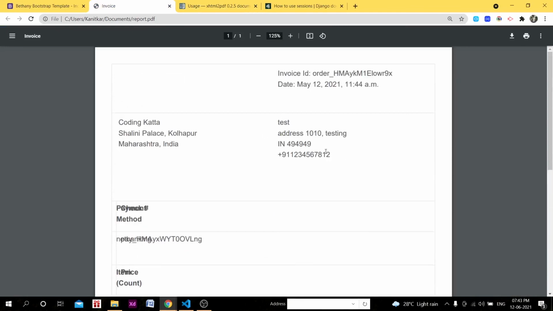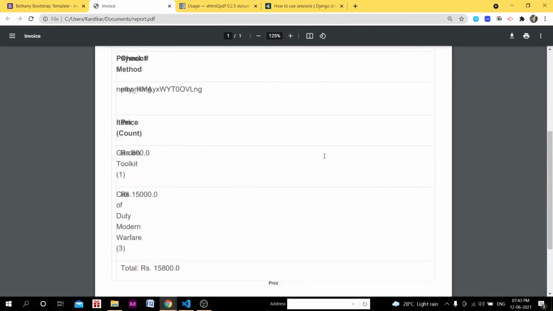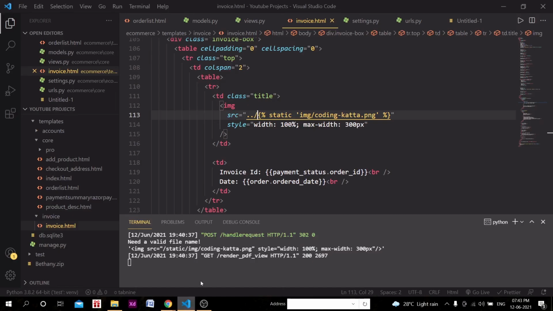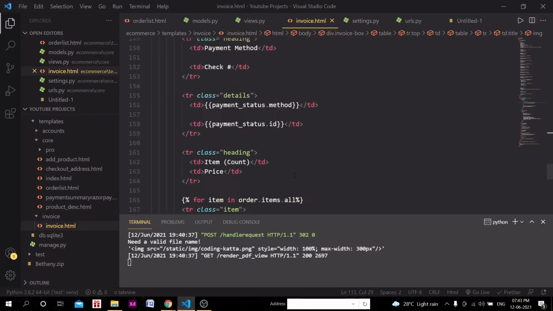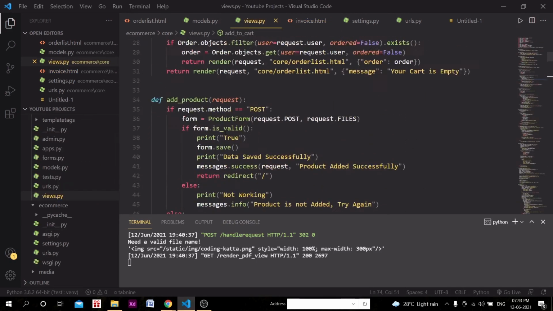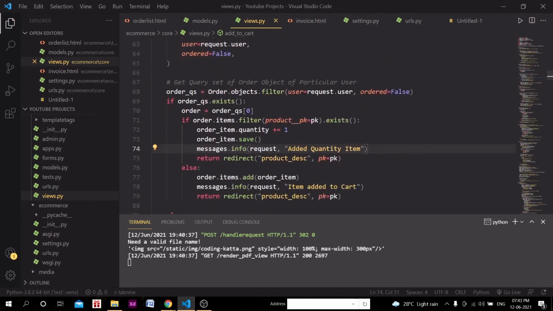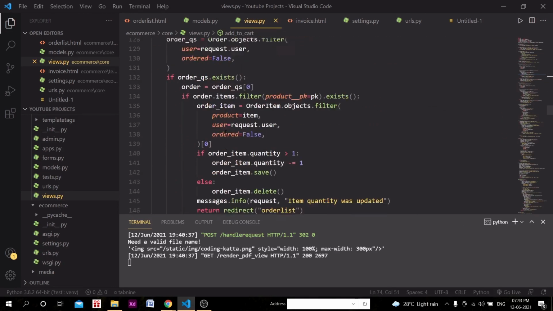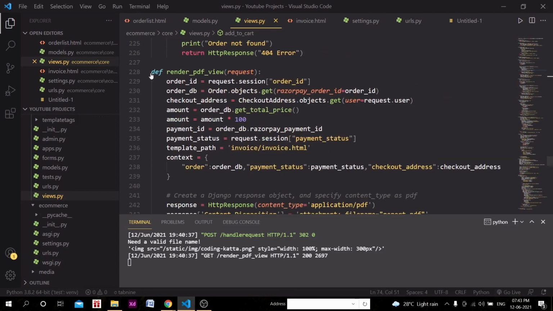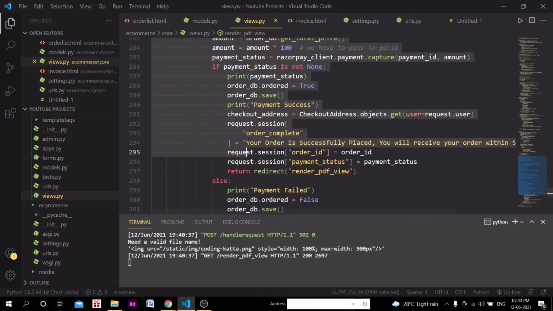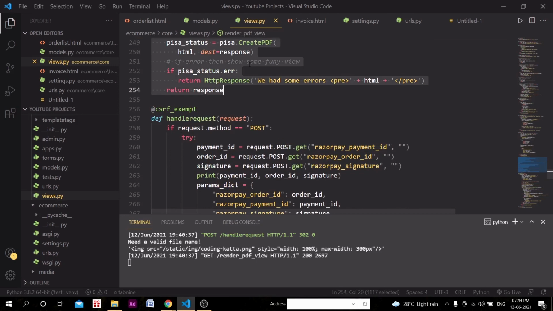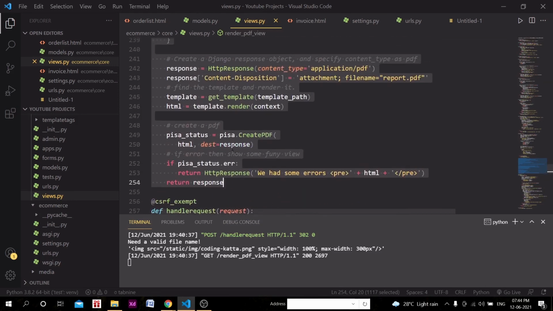But as you can see here, the values are getting loaded perfectly. So that's what we want. This is just for learning purposes. We are not going to do this now. What we can do here is simply render that. I will comment this out in the checkout page, payment, render PDF view. I am just commenting this out so that when you look at the code, you will have this code.